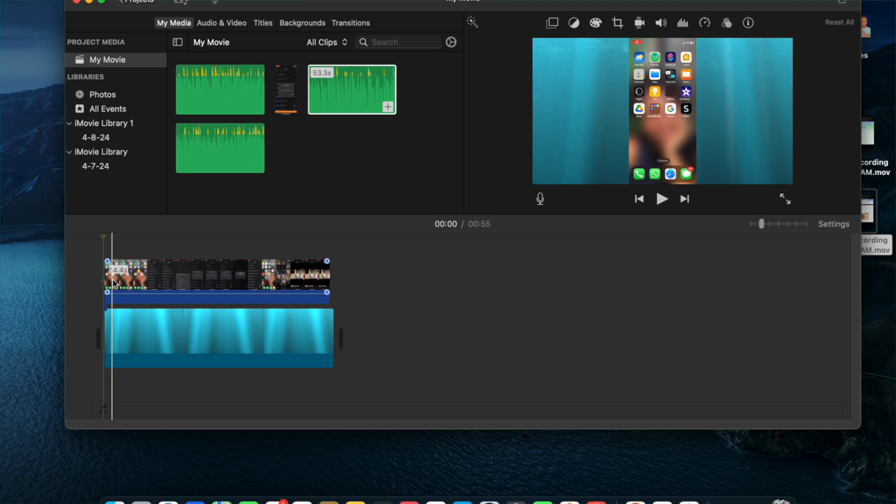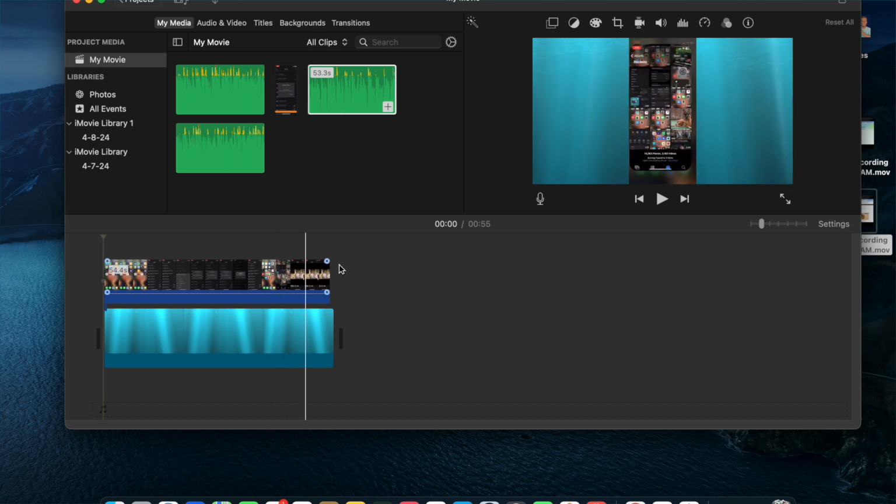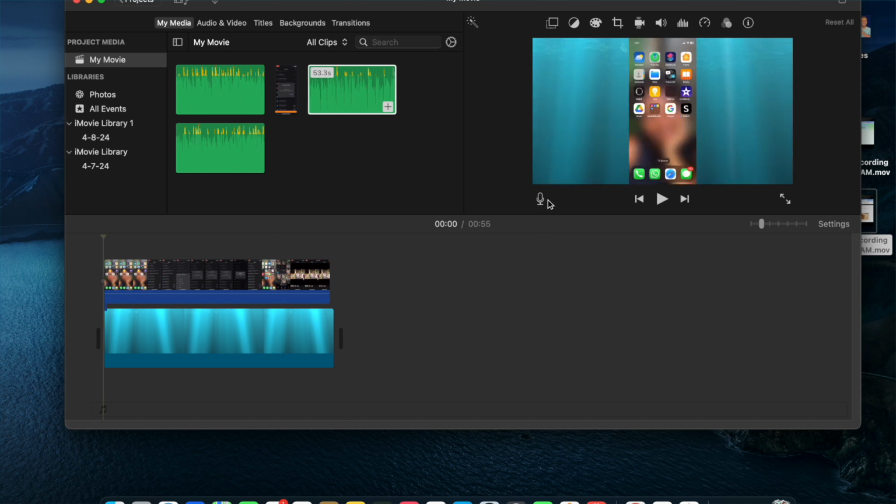Once you have added the video to the timeline, all you'll need to do is select the video. Then you want to ensure that the cursor is placed at the front of the video. Once you have done that, you're going to see a microphone icon appear right here, and you're going to tap on it. After tapping on it, you're going to tap on the red circle right here, or the red dot